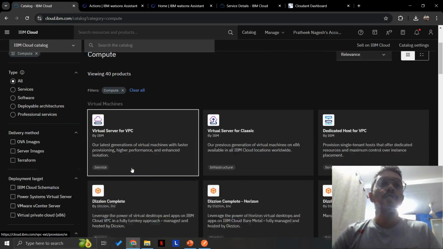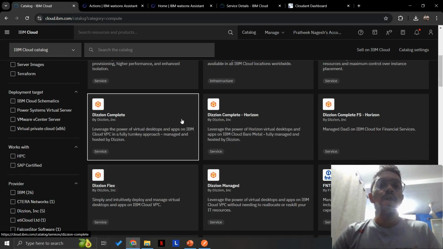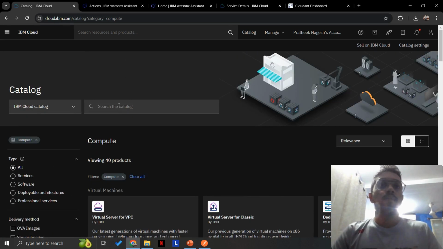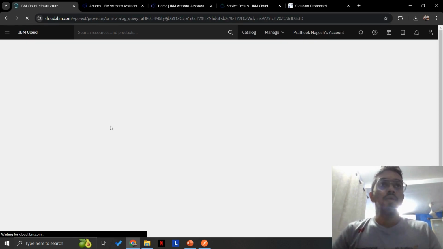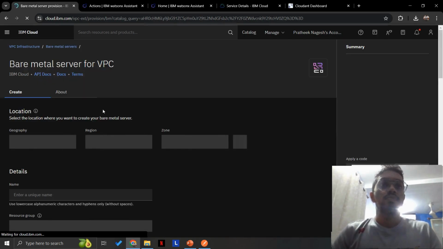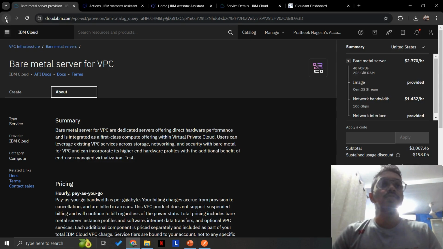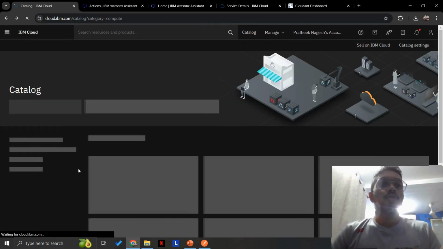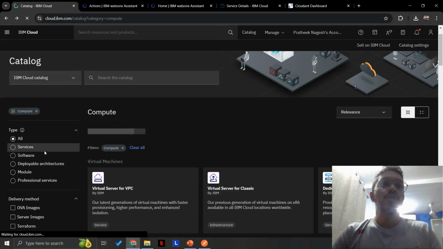Under compute, we talked about VPC, Virtual Private Cloud, and we talked about bare metal for VPC. These two are sets of computation services provided by IBM Cloud. And when I go back to the catalog, you can see,